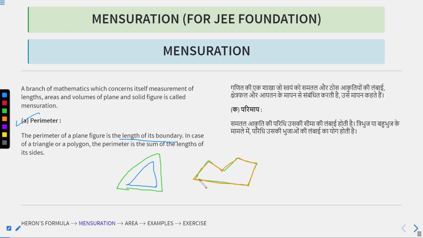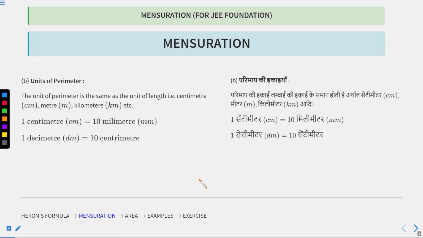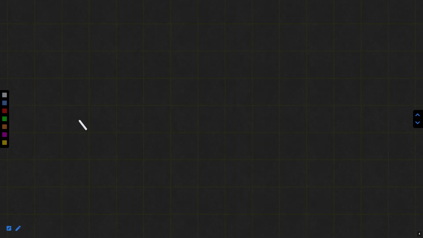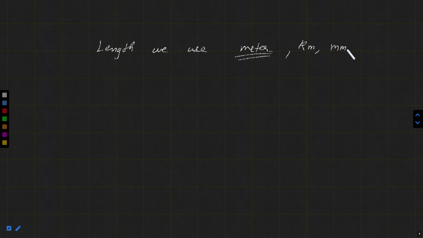Now let's move on to units of perimeter. First of all, perimeter is a length. In length, we mainly, let me use the blackboard. In length we use meter, the base unit, or kilometer if you remember, or millimeter. And there are also other